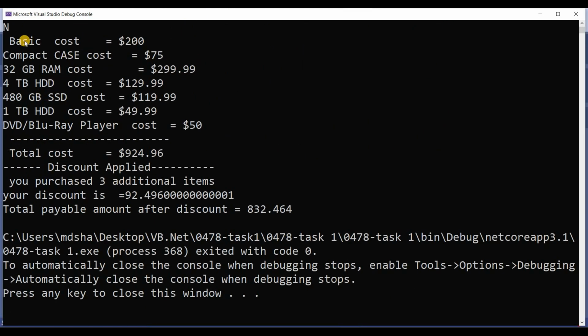They have shown me the basic cost is $200. You have selected the compact case, $75. RAM is 32 GB, $299.99, and you got 3 additional items: 4 TB hard disk is 129.99. This is the basic till now. Now 480 GB SSD cost is 119.99. 1 TB hard drive cost is 49.99. DVD Blu-ray player cost is $50. Total, how much cost did you get? Total cost is